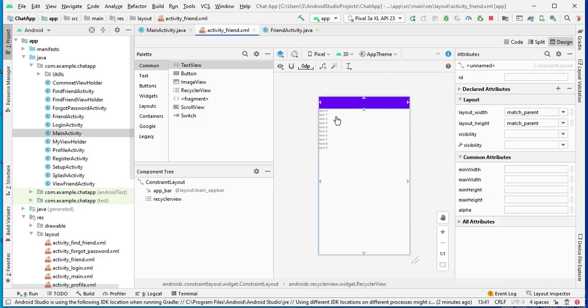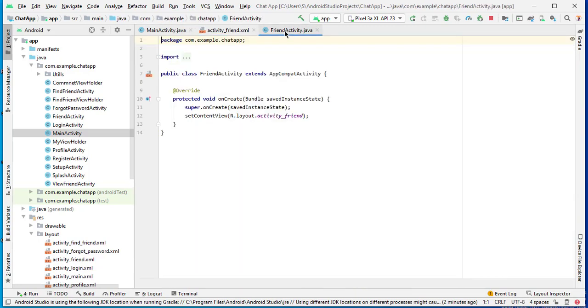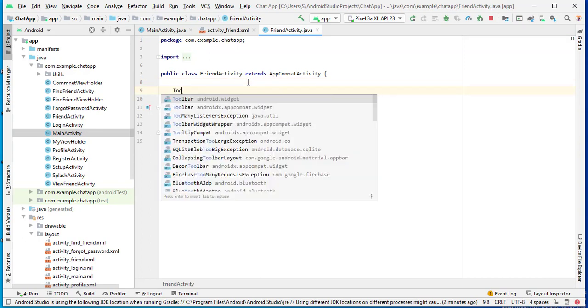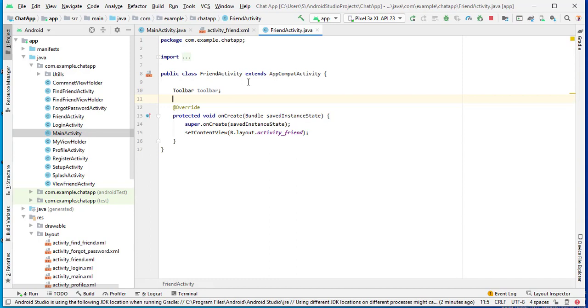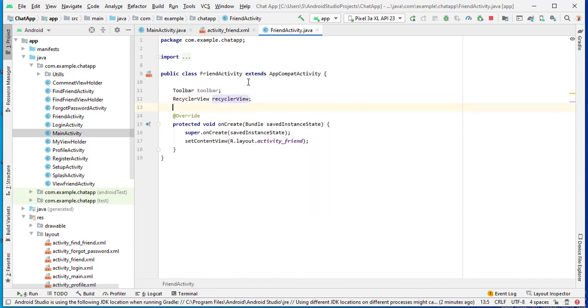Okay, now go to activity friend, this one, and here we will initialize variables. So I will create member variable toolbar, simply call it toolbar, and this time recycler view, and simply call it recycler view.